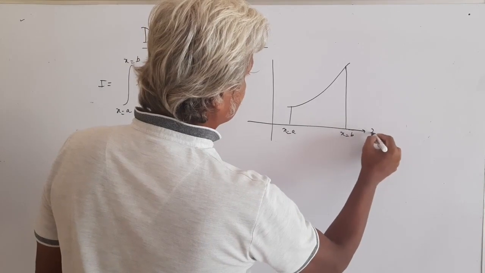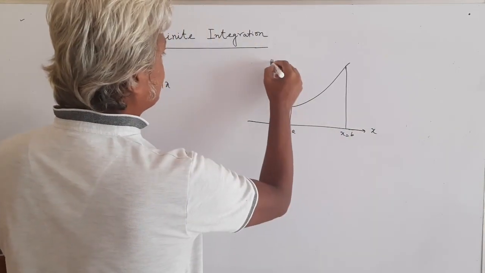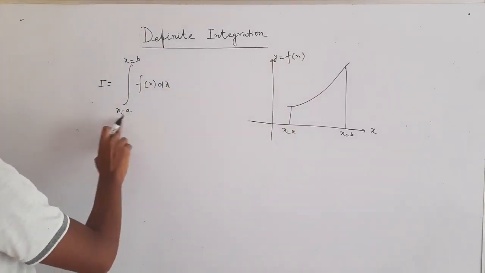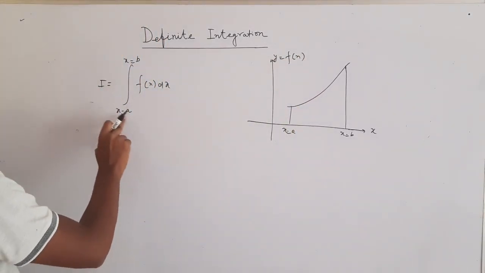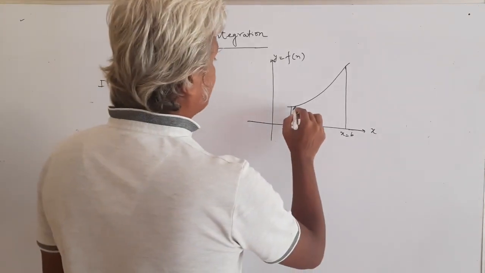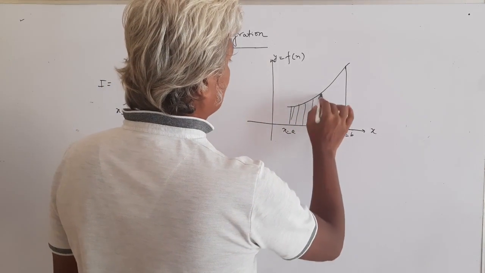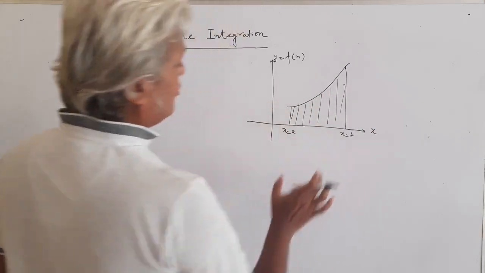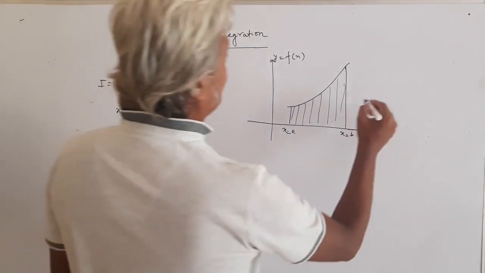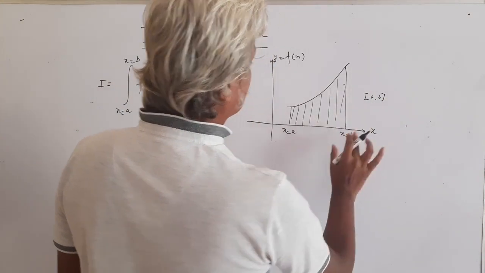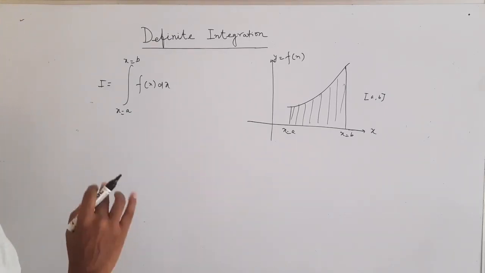This axis is representing x and this is y equals f(x). So whenever we are finding the integral from the limit x is a to x is b of f(x) dx, then actually we are trying to find the area enclosed by the function and these 2 points a and b, in the closed interval, because these 2 points are also included. So same with some properties.